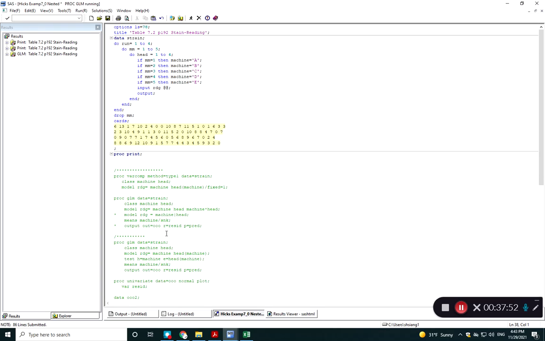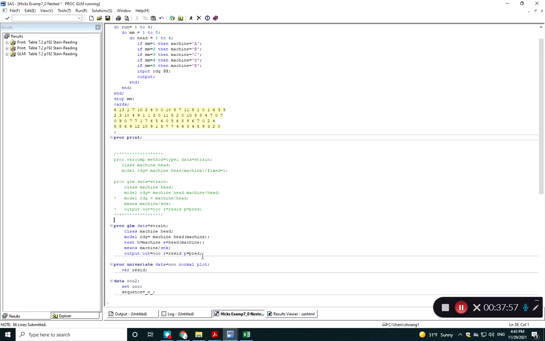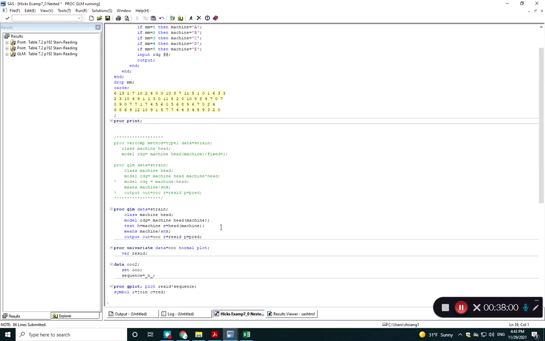Okay, and this is the experimental design we should have. Now reading machines, and every head is within the machines. We have different heads to be used. Okay, and then when we test the machines, we will say that the head within the machine with different machines needs to be checked, because